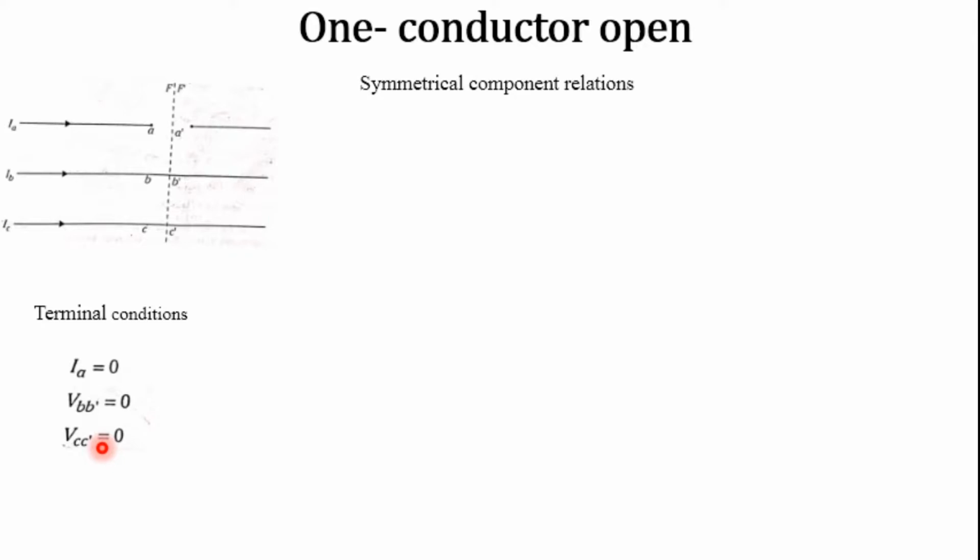It is very easy for us to know that, because VB and VC are 0, the two values of the voltage are 0, so that we are able to calculate the voltage of the phase values in terms of the symmetrical components. So let us consider that VA dash 1 is equal to 1 by 3 times of VA dash plus A into VB dash plus A square into VC dash, and the B and the C values are already 0, so we'll get 1 by 3 times of VA dash.